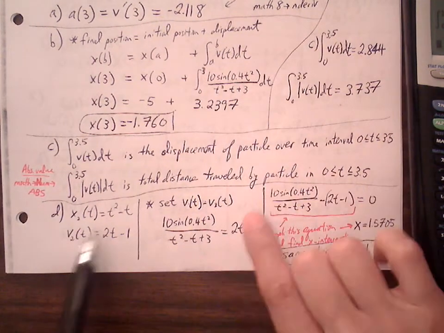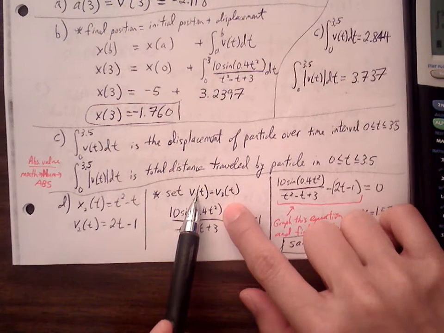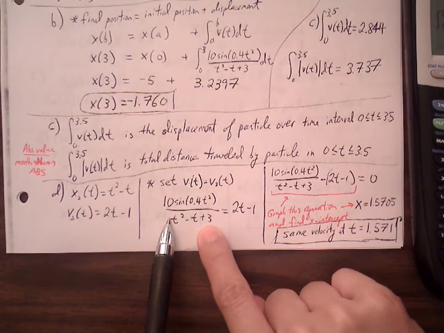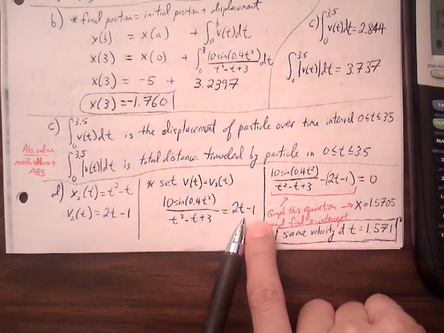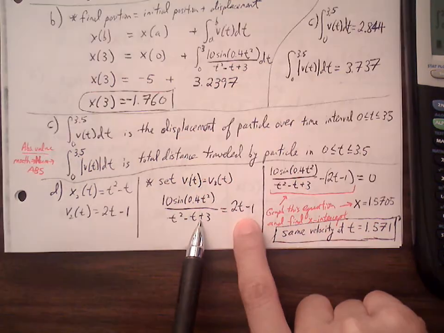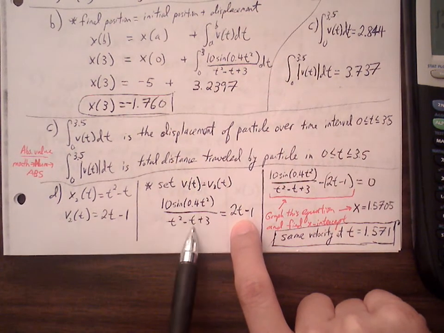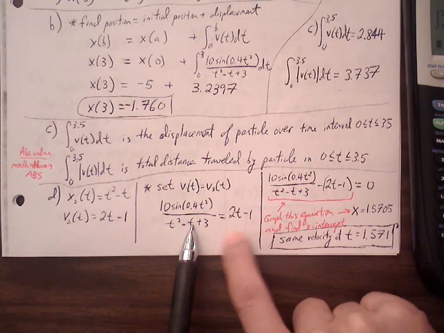So now we just want to figure out when do these two particles have the same velocity, so I can set the two velocity functions equal to each other. So I have the velocity that's given to us at the beginning of the problem, and then I also have the velocity that we found from the second particle, and we set them equal to each other. This will be difficult to solve by hand, so why don't we do this? Why don't we just subtract this 2t minus 1 over to the left side,